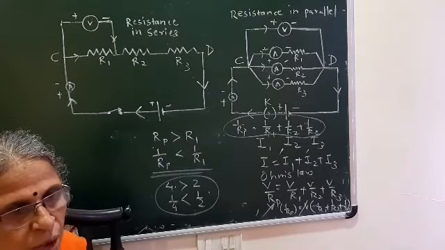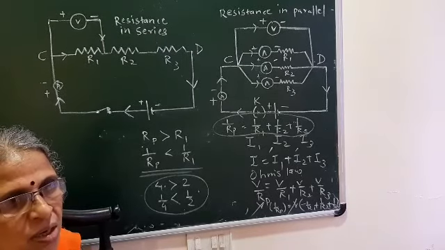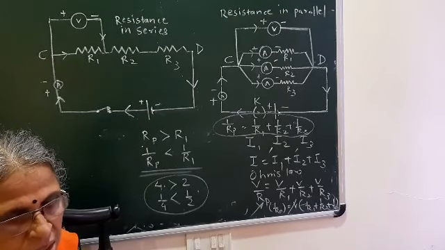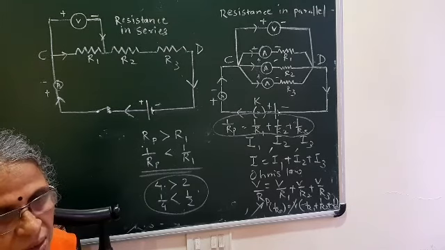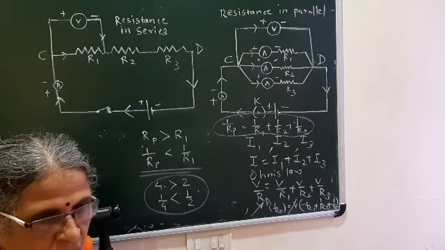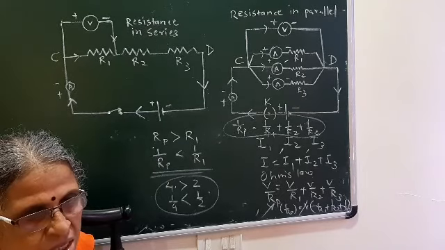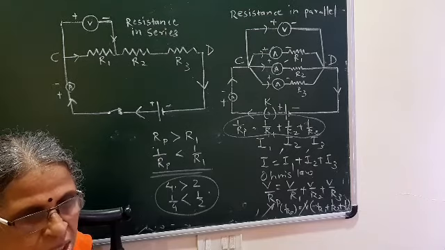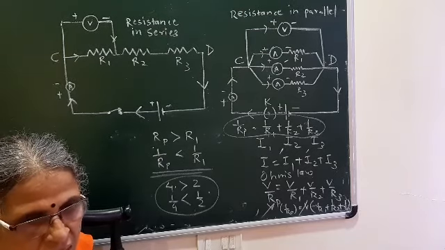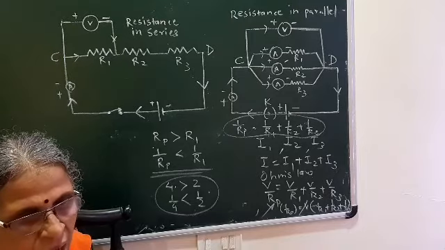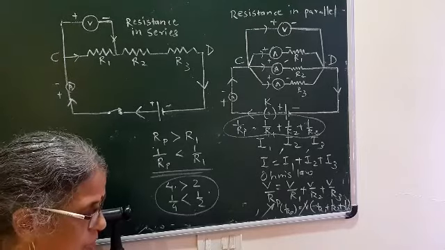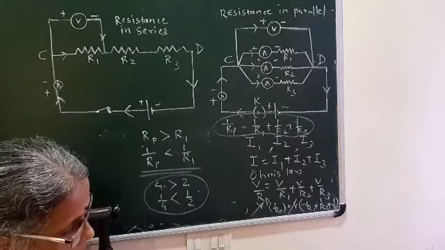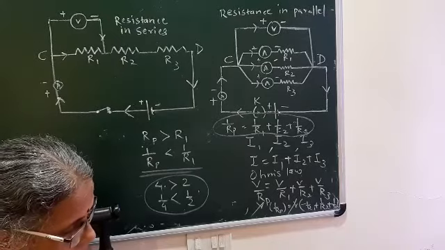So if we have a number of bulbs connected in series, the current I equals I1 plus I2 plus I3. Here the resistance increases, and resistance is inversely proportional to current, so as resistance increases, the total current decreases. Therefore, when we connect a number of bulbs in series, the light we get will be less than when we have a single bulb in the circuit. Followed?